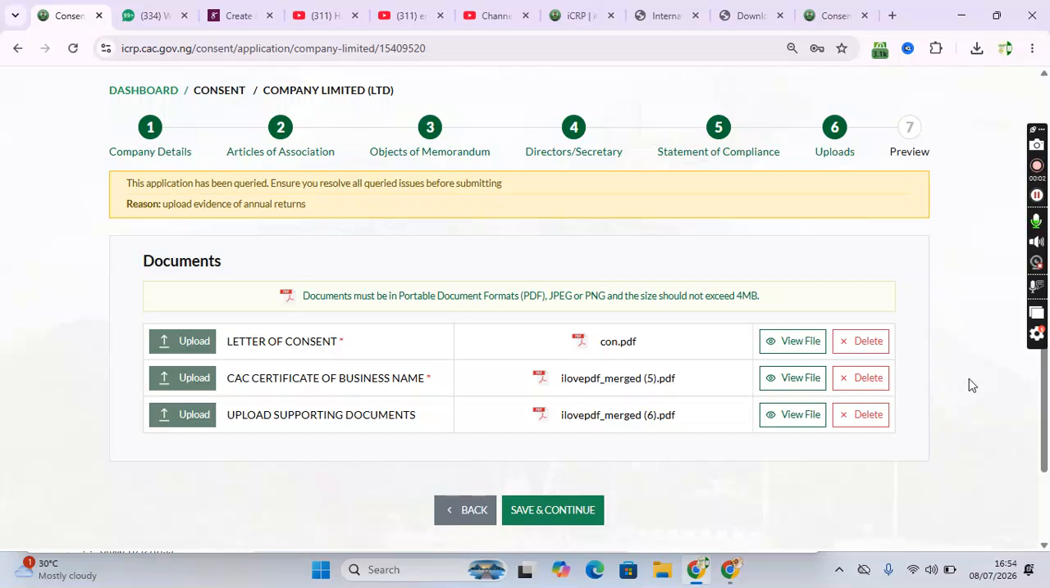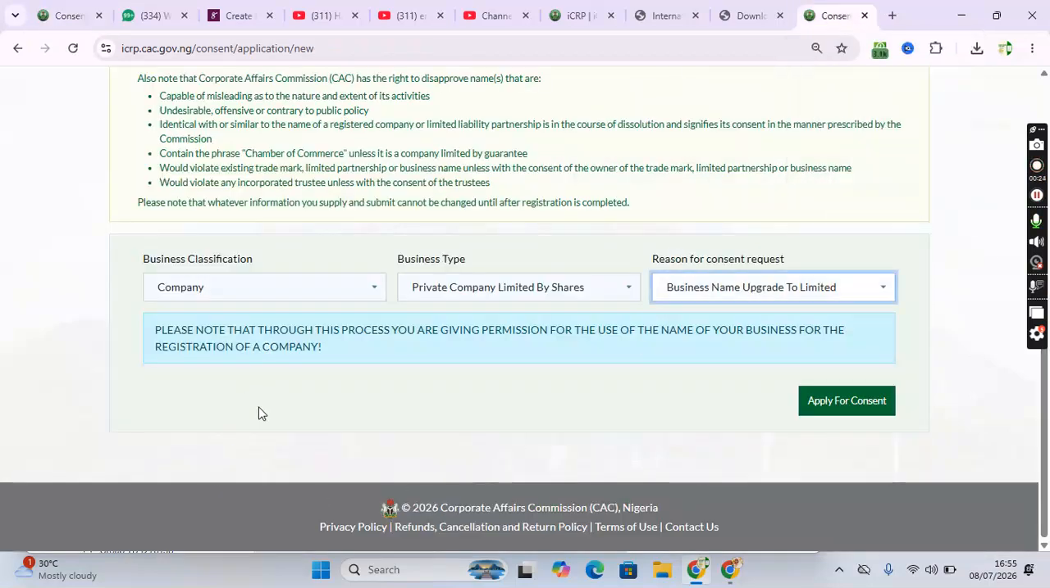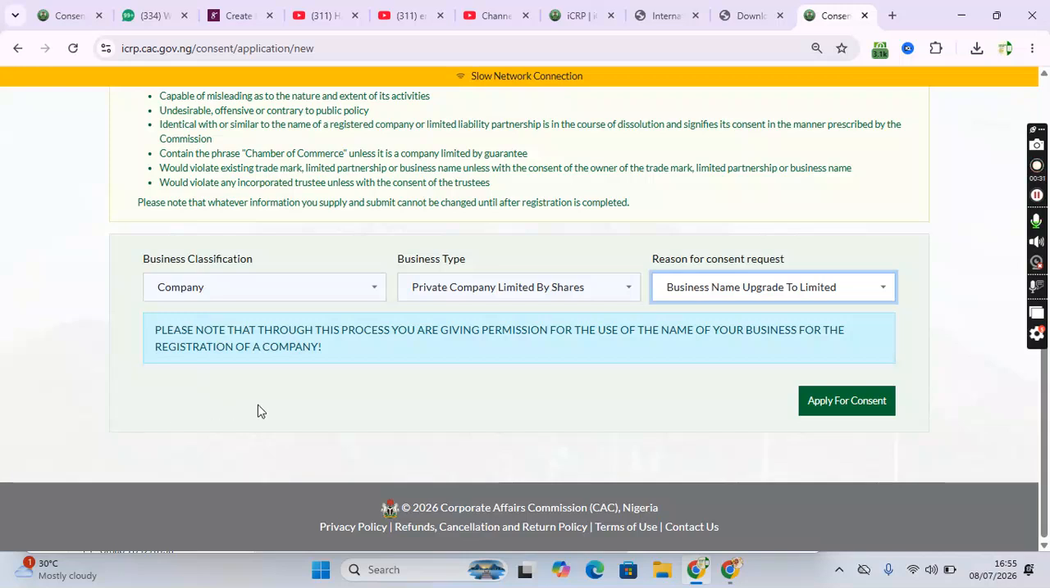So very quickly in this video, I want to show you how you'll be able to solve a query like this on Upgrade to Limited. I don't know if you have done Upgrade to Limited Liability Company before the system update of the CAC portal. If you have done this before, you know that whenever you want to do an upgrade to limited liability company, there's usually a small box around this place where you input the registration number, and automatically